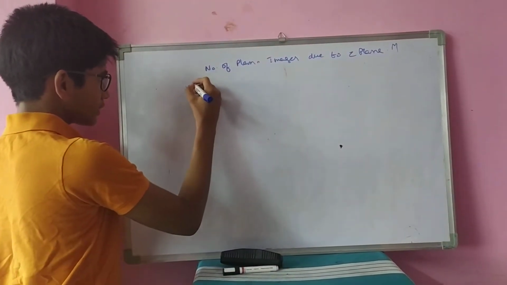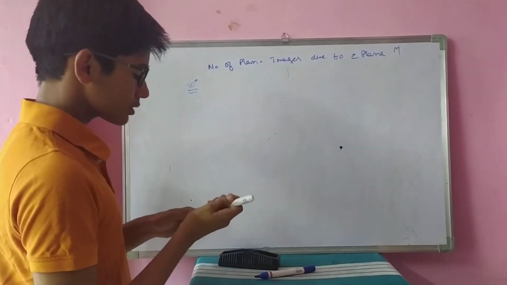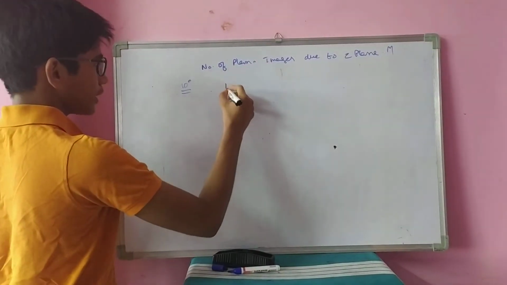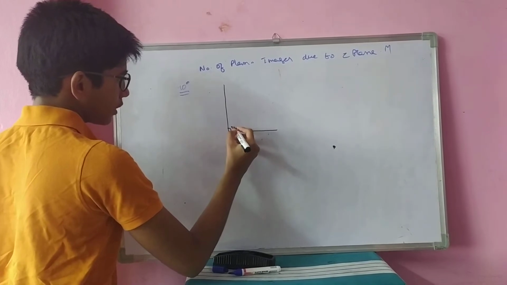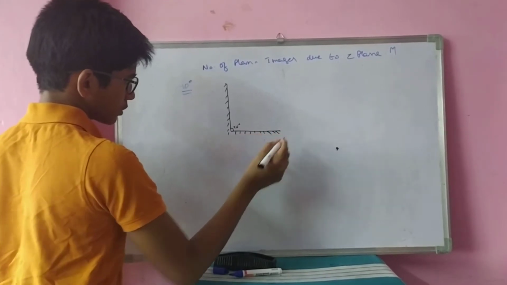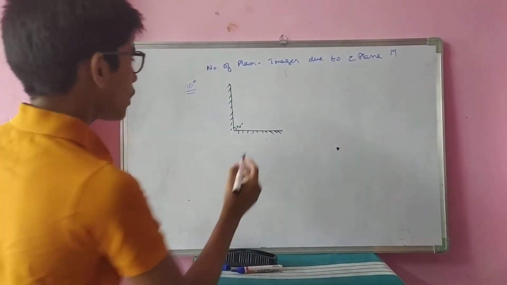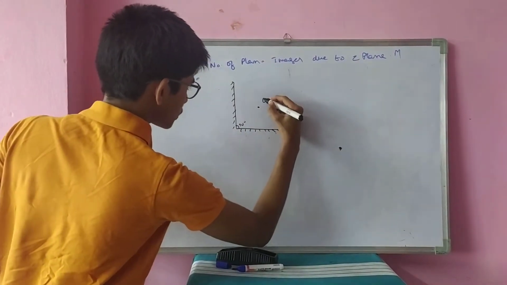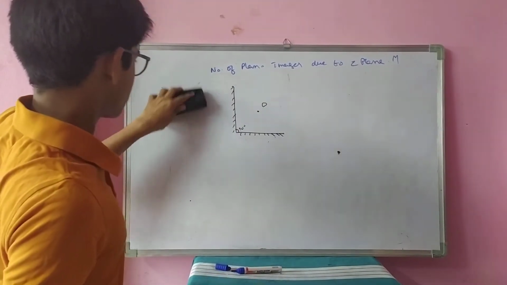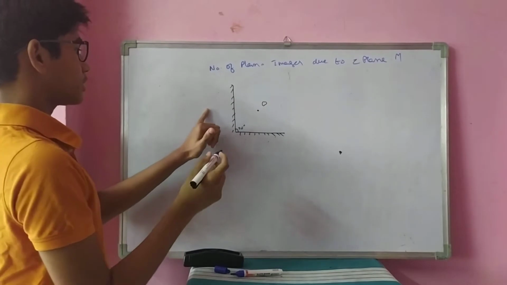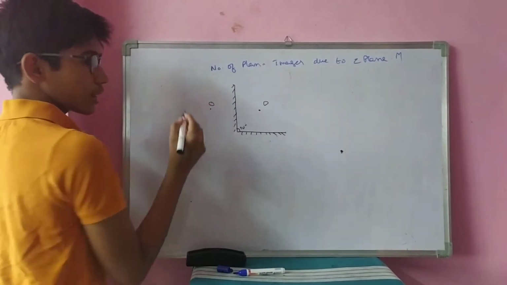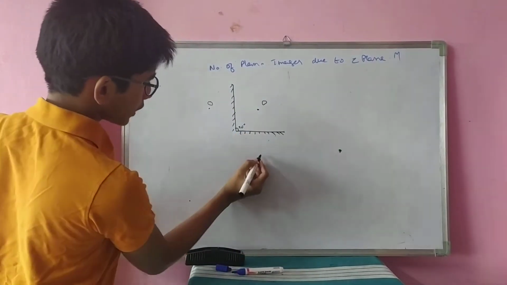Firstly, I am considering the angle between them is 90 degrees. Now I am considering two plane mirrors inclined at an angle of 90 degrees. In the sense they both are perpendicular. In this manner. Now I kept an object here, object O, you think. Now I am considering this plane mirror. This plane mirror has an image right here, at equal distances. For this image also there will be another image like this.